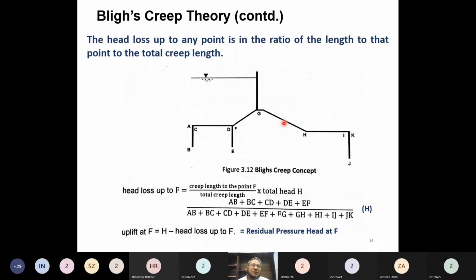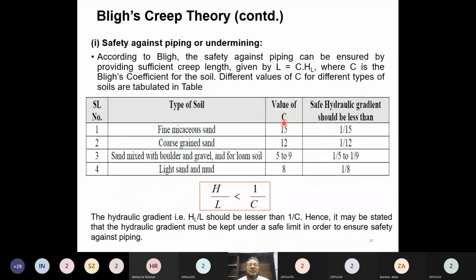And what happens to the uplift pressure as we move to the downstream? क्या होता है? बढ़ता है, कम होता है? इंक्रीज करता है, डिक्रीज करता है, कम होता है, क्योंकि हेड लॉस बढ़ता जा रहा होता है. ओके. एंड नाउ